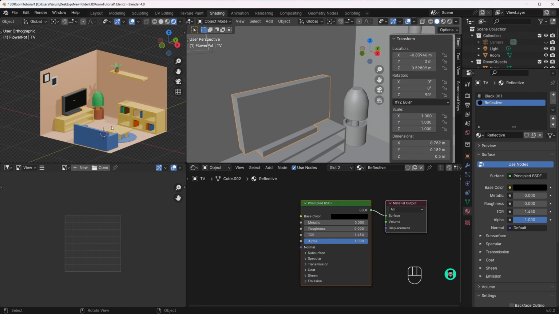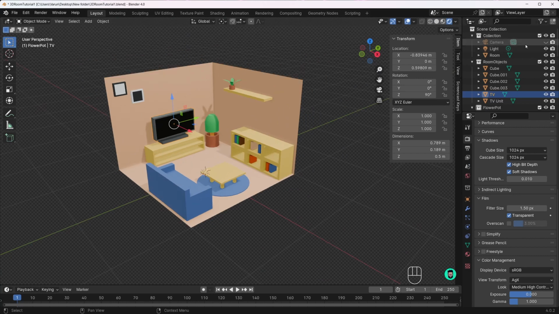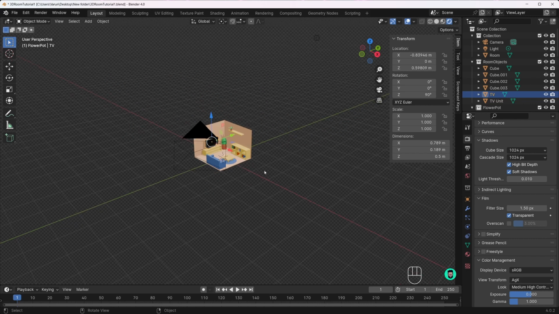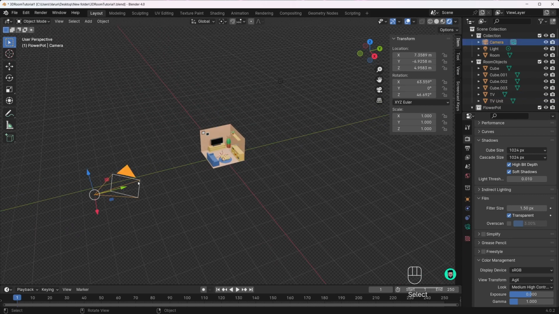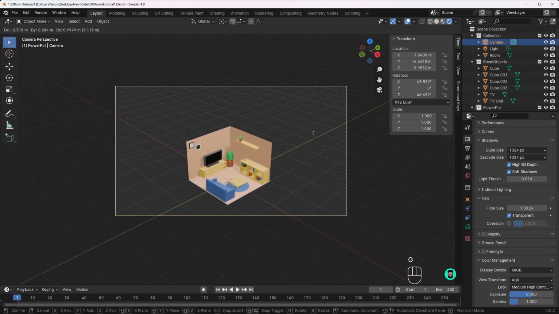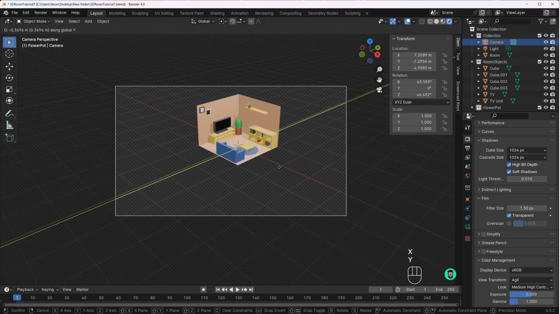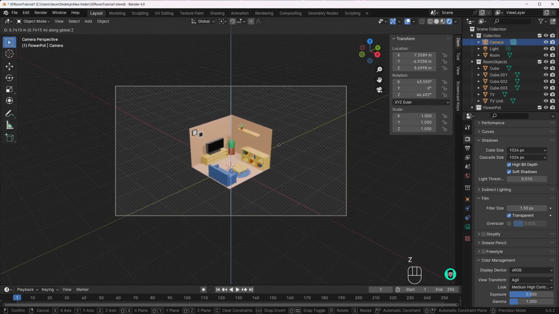Now let's set up our camera. So let's go back into the layout mode, and now let's turn on the visibility of the camera again. Let's scroll out to zoom out, and then let's select the camera. Now what you can do is press 0 to go into the camera view mode, and then press G while the camera is highlighted to move the camera with your mouse. You can also press X, Y and Z to lock it in these axes. So let's